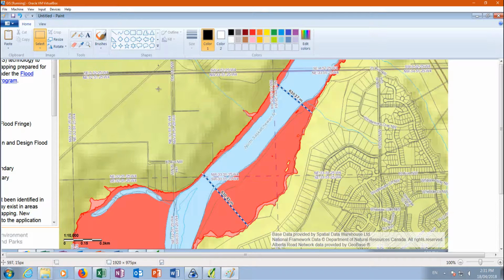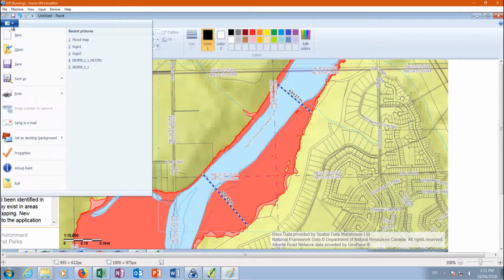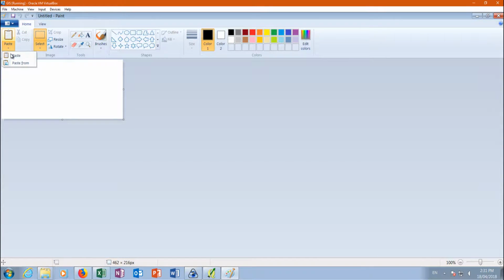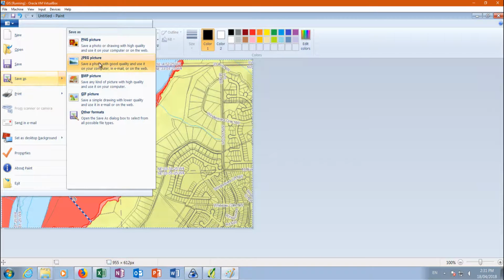It's going to be this area. There we go. Then right click, copy, go here, new, don't save, then paste, and now save as